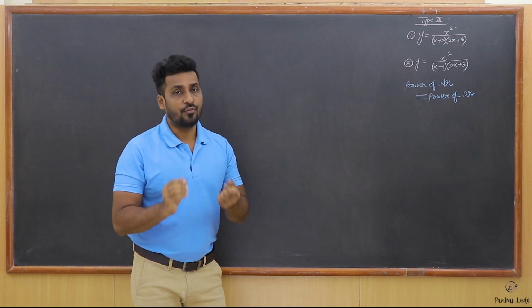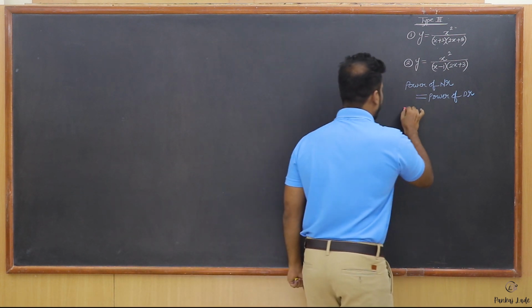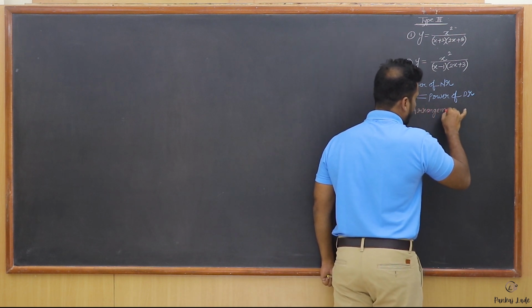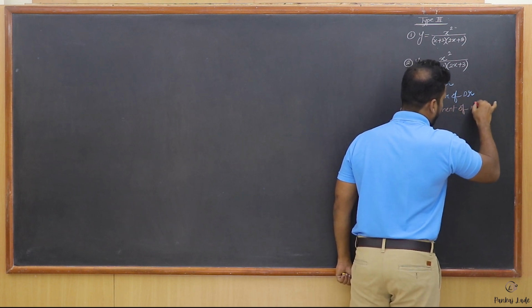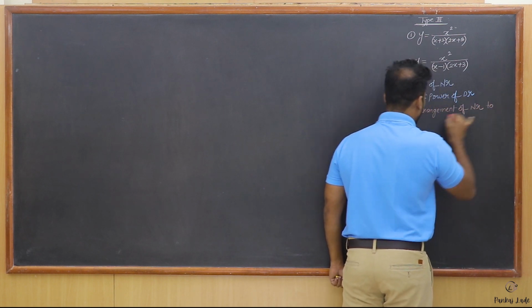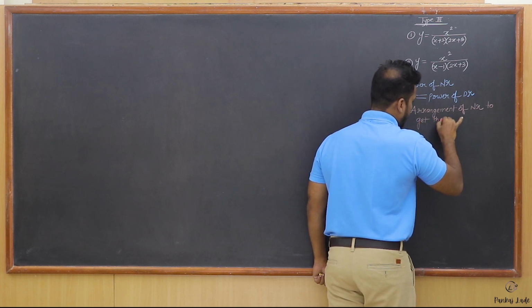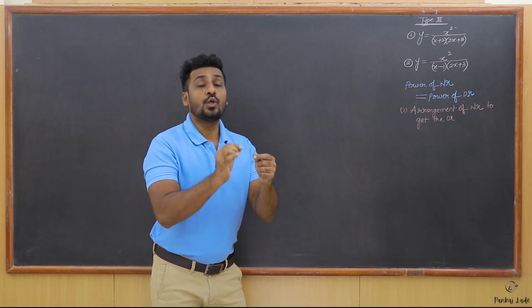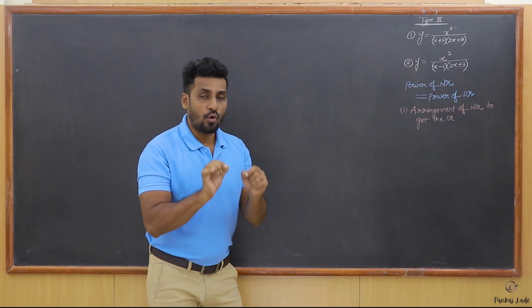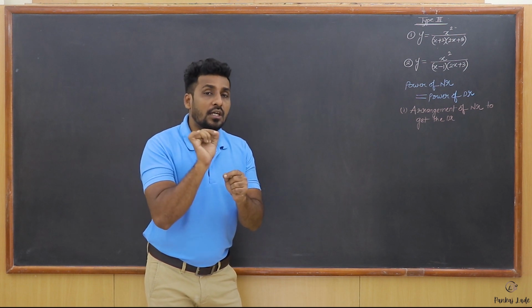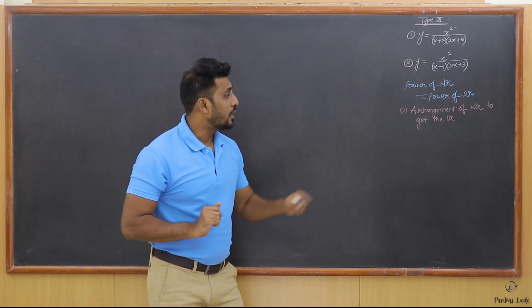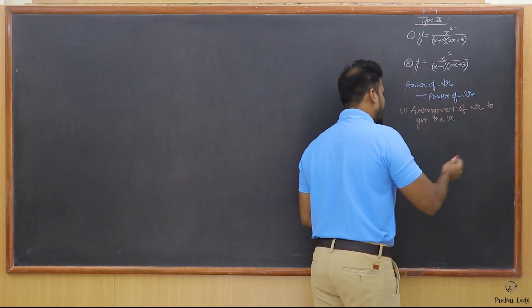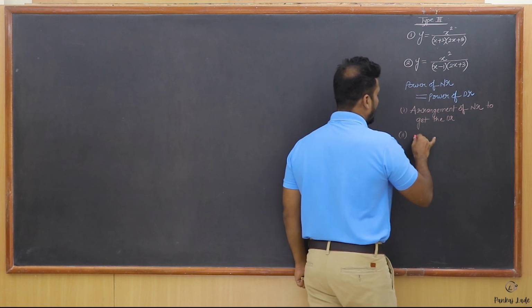I usually like the first method, which says that you should be arranging the numerator to get the denominator. You should arrange the numerator in such a way that it should exactly get the denominator. Whatever is present in the denominator, every single term should come back into the numerator. So that is the very first method. And the second method, students, that can be used for the next type also, it says use